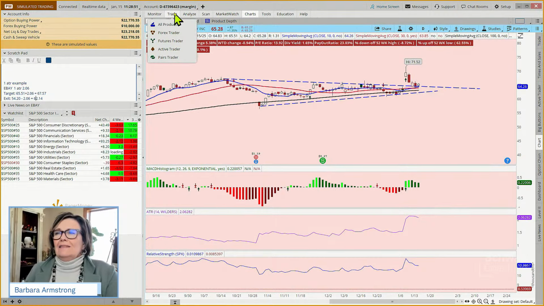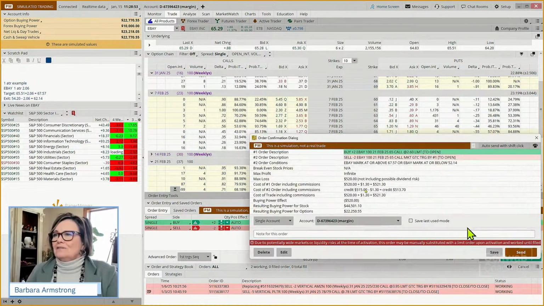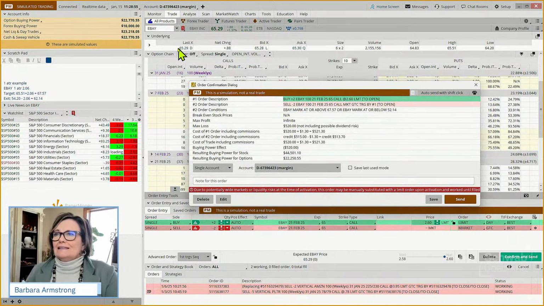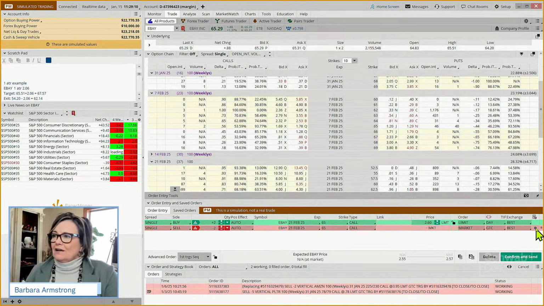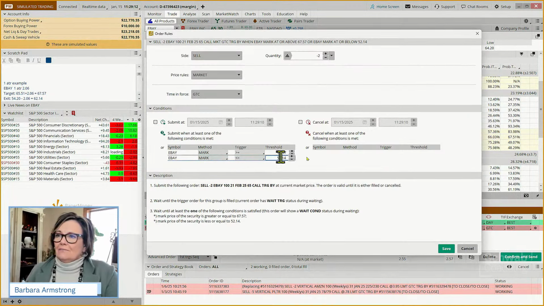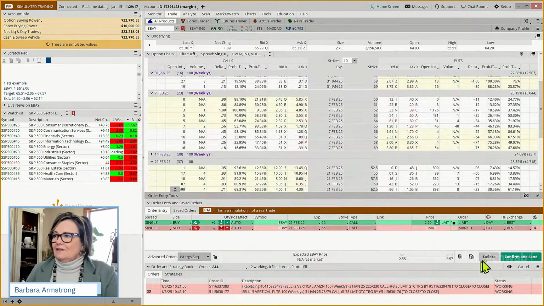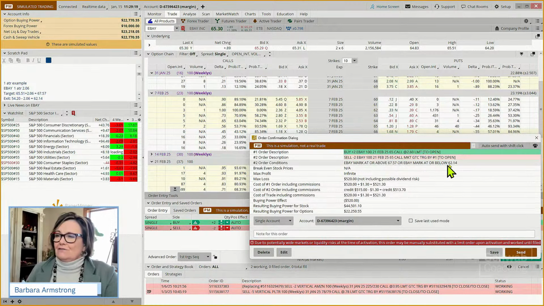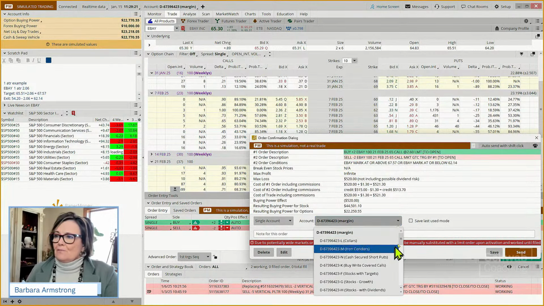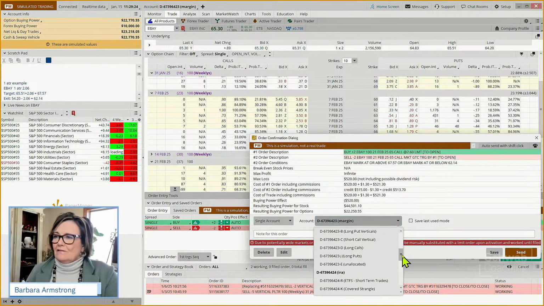Glad I caught that. And when I was looking at this, I'm thinking, okay, it's trading at 65. It's $2 up or down. That candle wasn't that dramatic. So why would this be 52.14? Oh, so I changed it here. I didn't change it on the order. So how do I change the order? I'm going to come back to my sprocket and make this 62, save, confirm and send, 62.14. Okay, that's better. Put this in our long call.